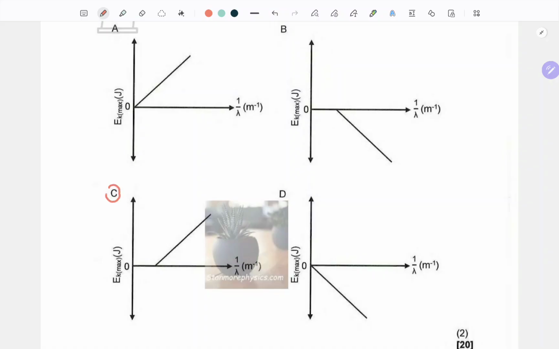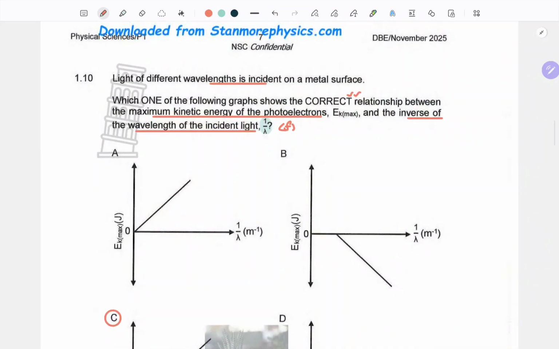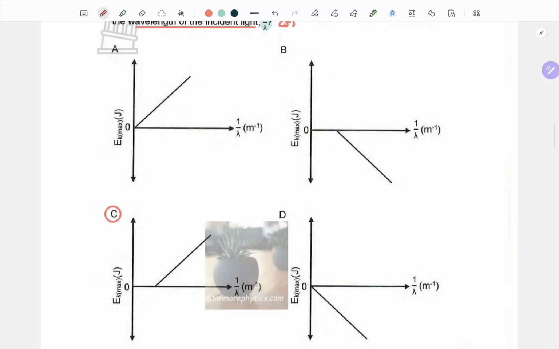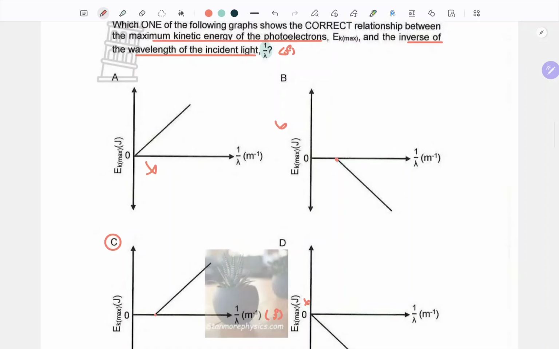So automatically graph C here for a student who knows what's cooking, because we know that as the frequency increases from threshold to whatever value, the kinetic energy is going to increase, because threshold is this frequency right here. So it's not this graph, it's not this graph. We never deflect negatively in this case. And essentially this is nonsense as well. So option C is the correct one, by understanding that this is a surrogate for frequency. But if you don't know this, you would be dead.